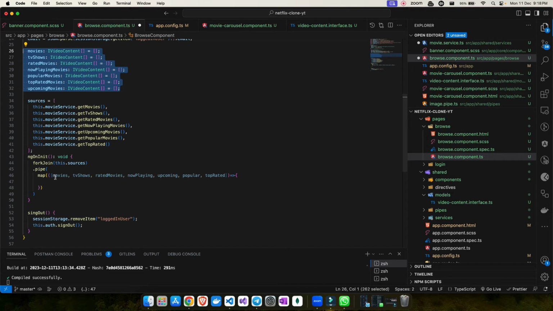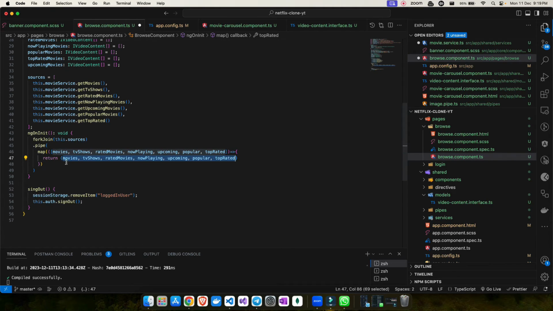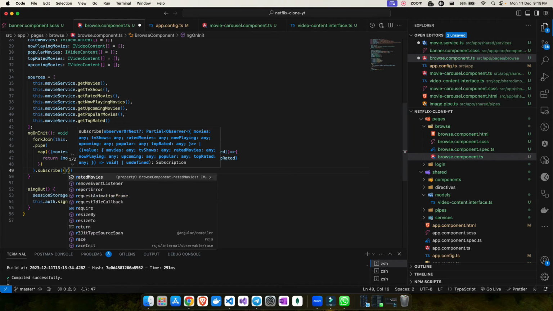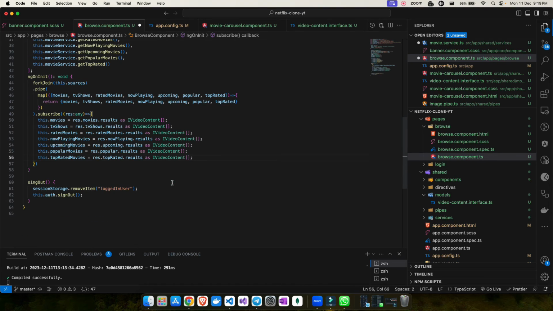So now all of these 7 properties will be returned. Whatever I have mapped, I will just return, as an object. So let me create this as an object, and inside this object I'm returning all of them. Once you return them, I will get the data inside the subscribe. So in the subscribe, make it type any, and now you just have to store the response like this, that's how you'll store all of them.